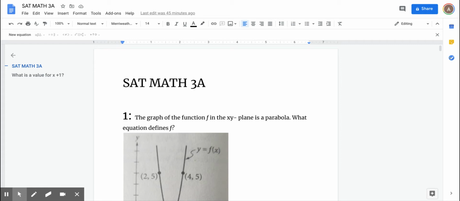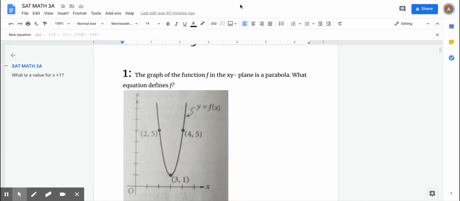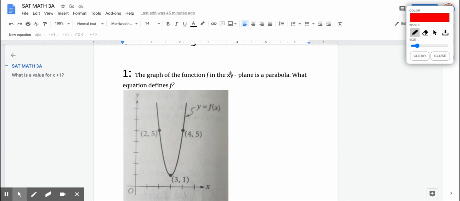Here we have a question. It says the graph of the function f in the xy plane. And remember, the xy plane is just a Cartesian grid, or the coordinate plane as they say through high school. And we're saying it's a parabola. We can see the parabola here. What equation defines f? Now when you see stuff like this, they want it in vertex form, so we